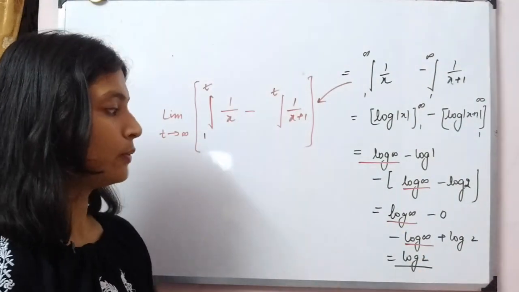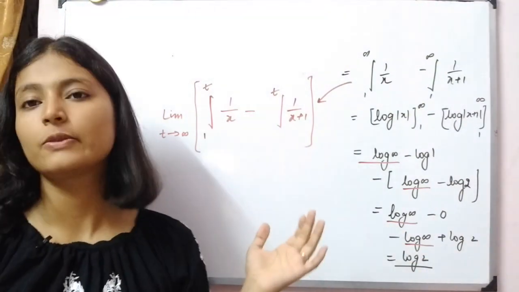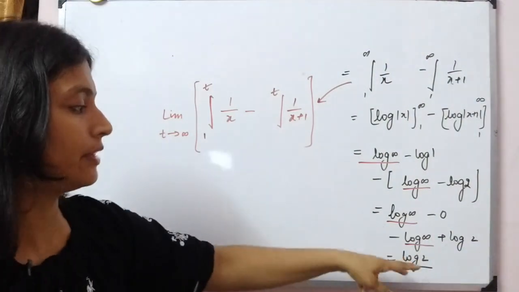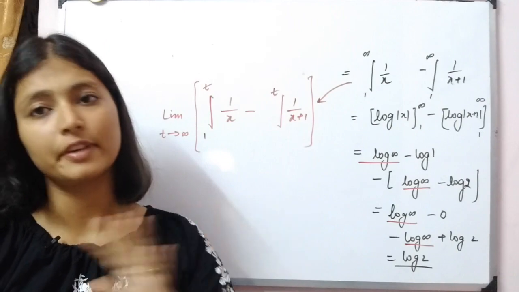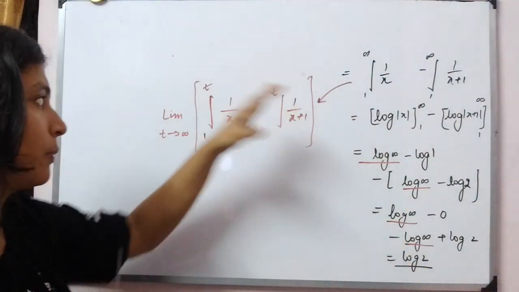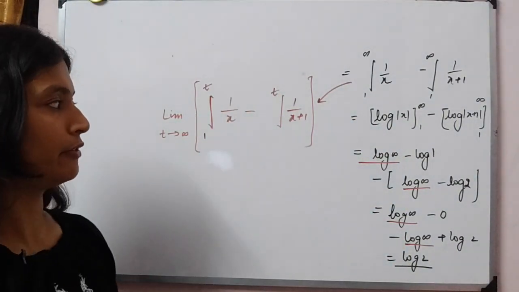I just left it for you to understand this part. But in case you do not, you should know that this is not the way to cancel it. We cannot cancel infinity by infinity. Infinity minus infinity is not 0. So a better way to do it is using the limit so you don't get confused.